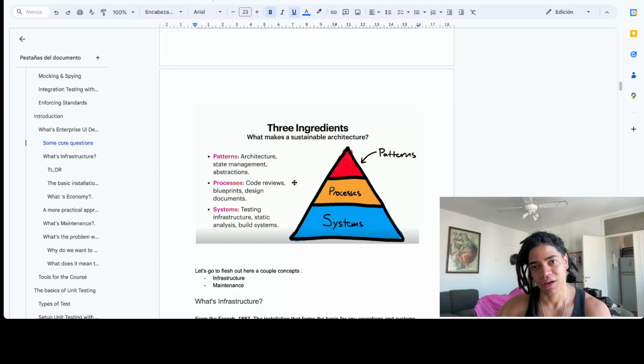And what we need is the architecture. What is the architecture? The folder structure that we're going to provide as a way to set up the foundations of maintaining these enterprise UI